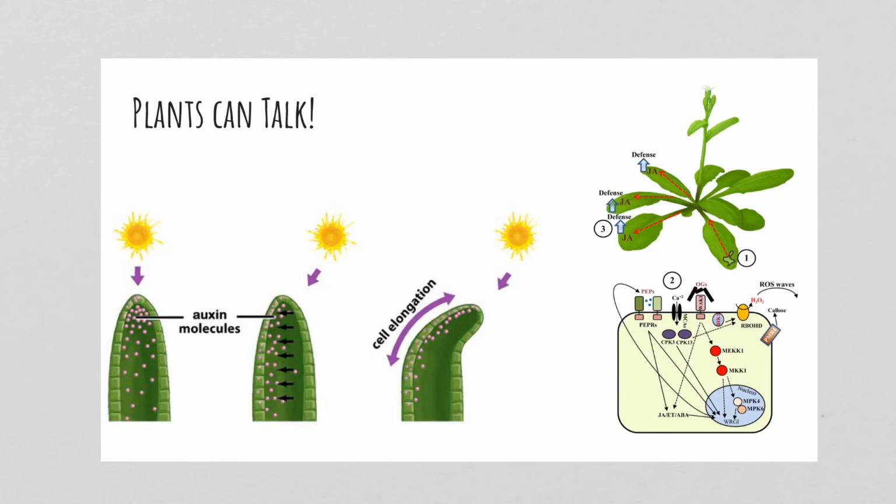So if you had that plant at home, if you turned it around, if you moved it the other way, you would notice that all of a sudden the auxin would start to build up on this side, and that would cause the elongation on this end, and you would start seeing it bending toward the other side if we move the sun this way. Another way plants talk to each other, believe it or not, is they have defense mechanisms too.